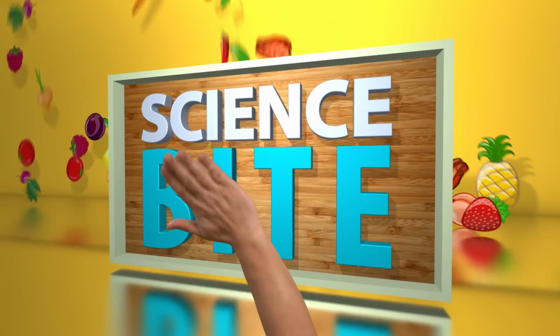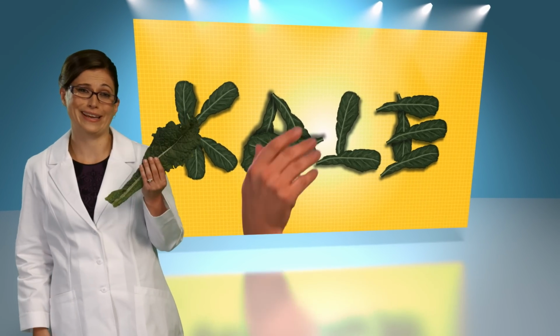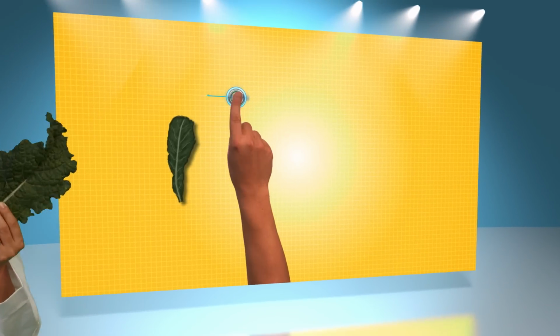It's well known that kale is a superfood, but most people don't know what makes kale so super. Kale has more essential nutrients per calorie than any vegetable. Just 1 cup of chopped raw kale, or about one of these big green leaves, contains 206% of your recommended